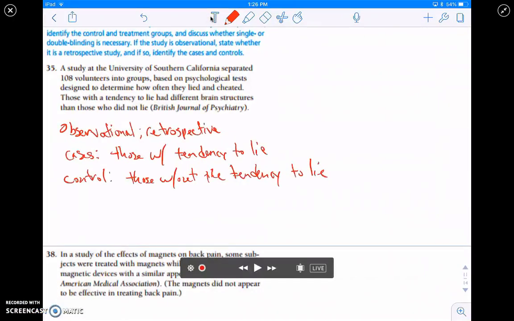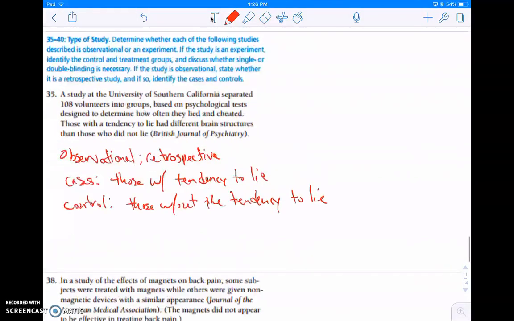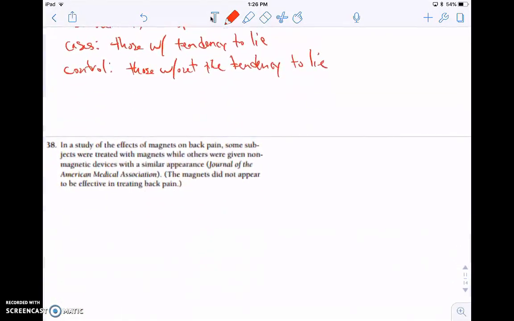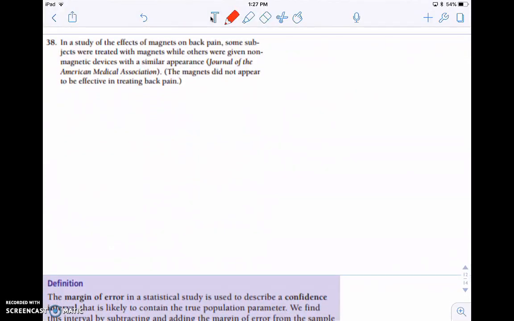Okay, this is part 3, looking at Unit 5A, statistics, and in this next example we're trying to determine whether the study is observational or an experiment. If it's an experiment, we're going to identify the control and treatment groups and discuss whether single or double blinding is necessary. If it's observational, we want to state whether it's retrospective or not, and if so, identify the cases and the controls. So as you look at this one, number 38,